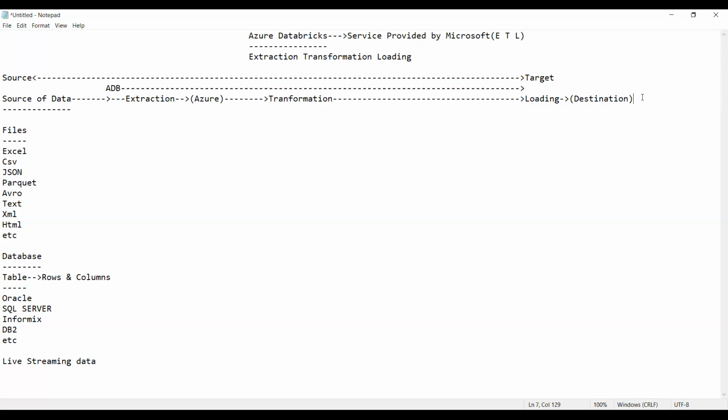So now this is nothing but the process of extraction, transformation, and loading. Now, guys, before we move ahead, I want to give you some good example so that you understand it in a better way. I'll give you some data as an example, then you can understand it.